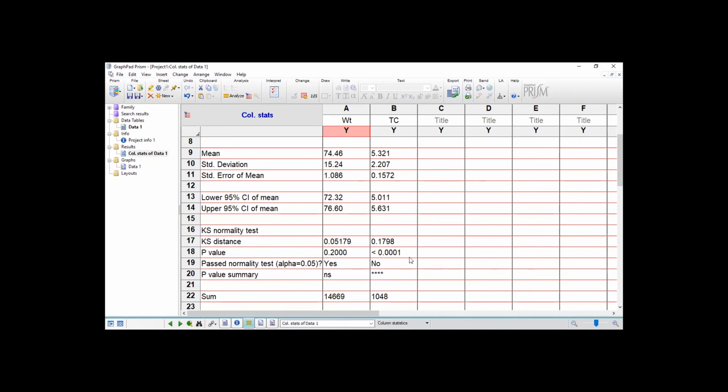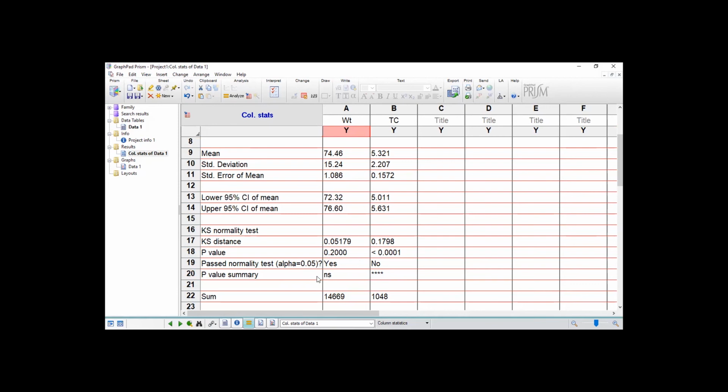As such, it's non-parametric. There's a pass normality test summary down here, which says that this one has passed, yes, and this one no. So GraphPad Prism has equally confirmed what we saw with JASP.